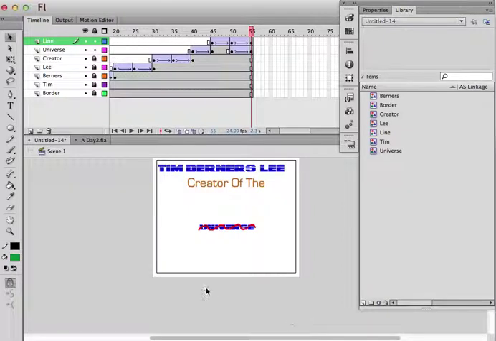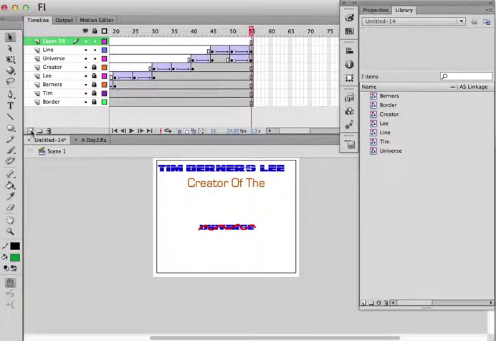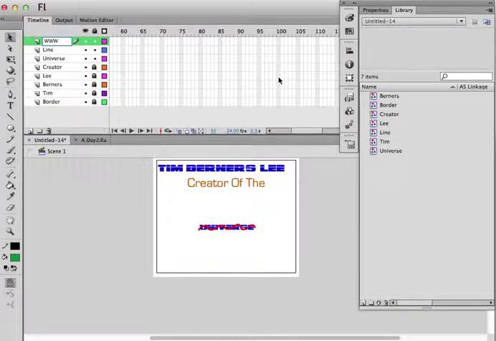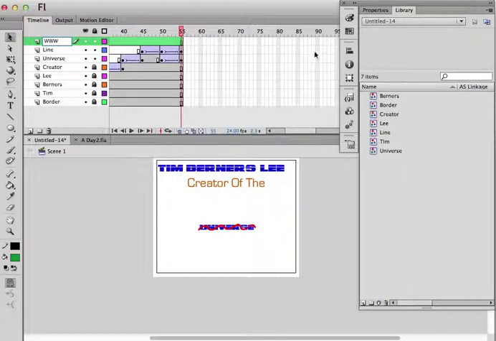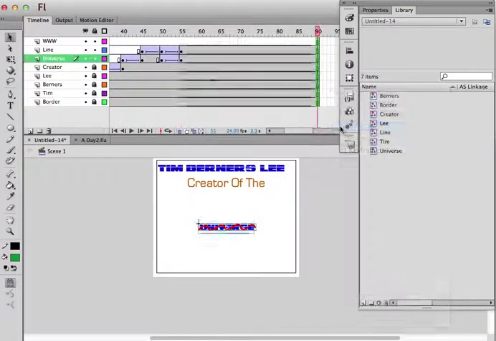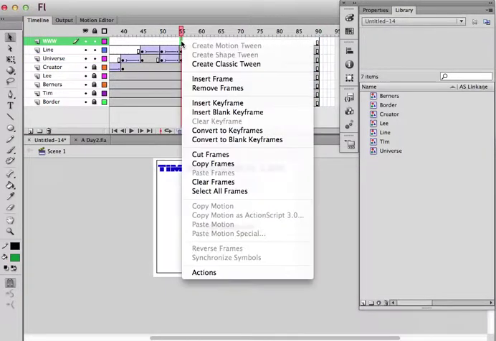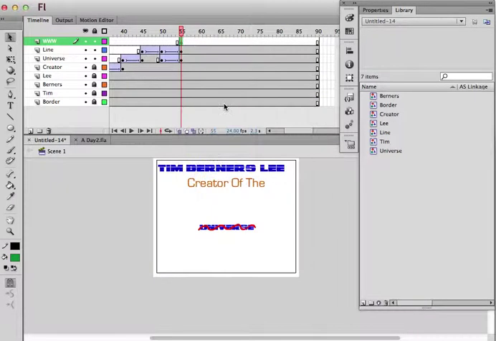Almost done now, so let's get finished. New layer, and I'm going to call that www. Just going to give ourselves a little bit more space. So if we go out to frame 90, say, drag down all the layers and then insert frames, so that as we make our animation on this layer, we're going to be able to see the other things in place. So back to 55 and insert a keyframe, and it's the text we're going to put in place